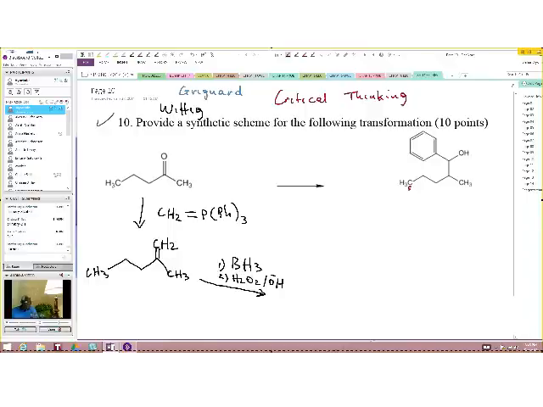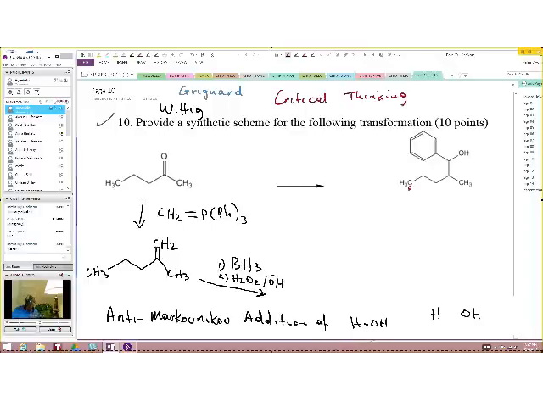Because what this reagent does is add the elements of water, which is hydrogen and hydroxide, across a carbon-carbon double bond in what we call anti-Markovnikov addition of water. So this reagent is an anti-Markovnikov addition of water. And what do we mean by anti-Markovnikov addition of water? That simply means the hydrogen